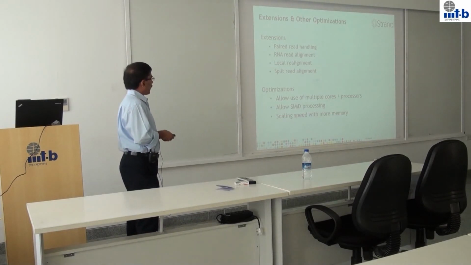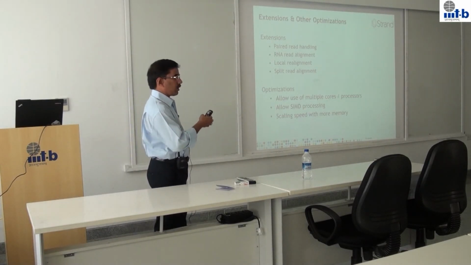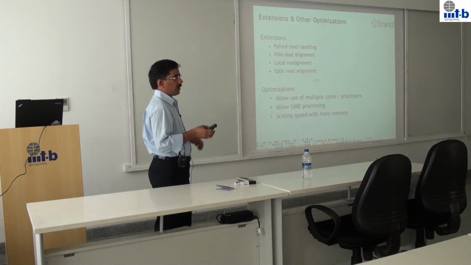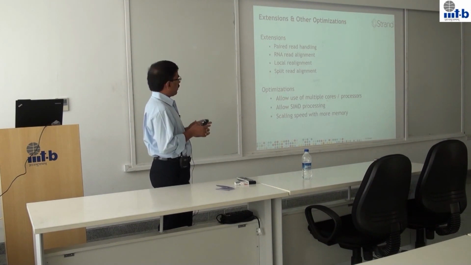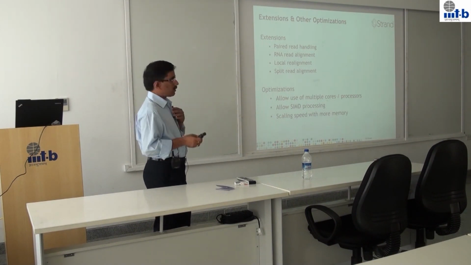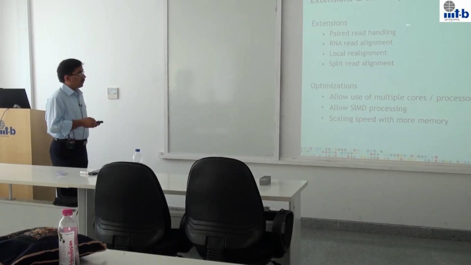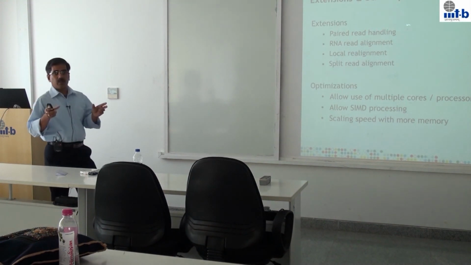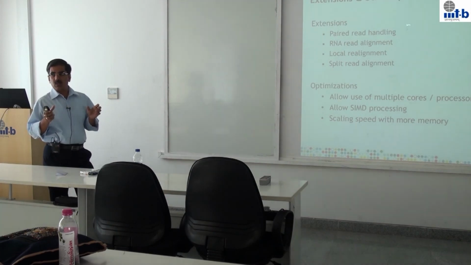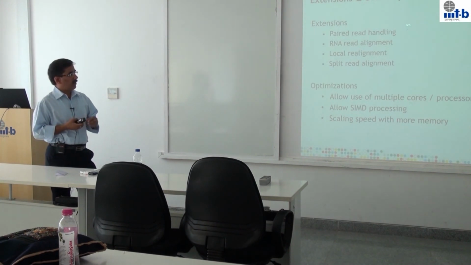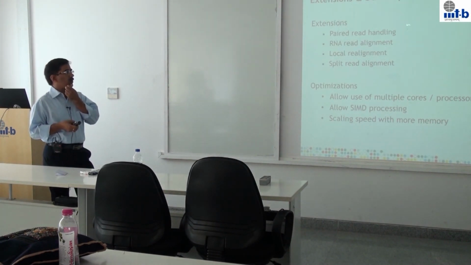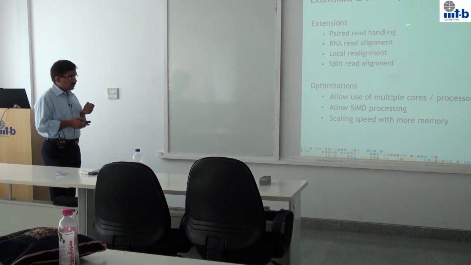Okay, so a couple of extensions. What we have talked about is the basic alignment problem, where we have a single read which is processed independently of the other reads, and we just try to get a contiguous match on the reference. But it's possible that some of the sequencers give what are called paired reads. So you have a pair of reads which are known to be separated by a certain amount of distance. When you align them to the reference, you also expect a similar amount of distance between these two, and associated logic needs to be taken care of when we align these paired reads.